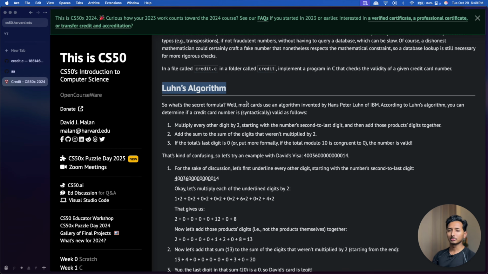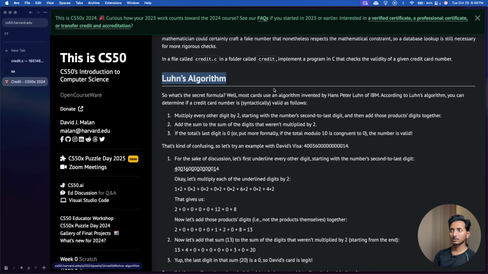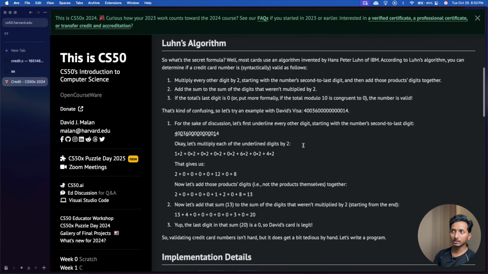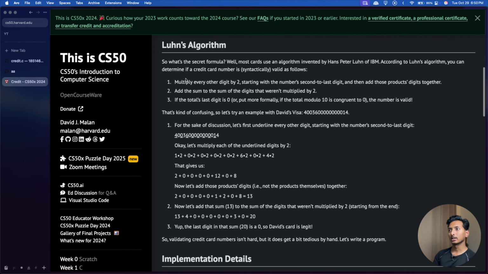The next logic that we want to check is Luhn's algorithm. I don't know how to pronounce it properly, but you get the idea. What this algorithm says is, for a credit card number to be valid, it has to satisfy certain criteria, and that criteria is we have to start from the last. We take the last second value and then the alternate values from the last, and what we want to do is multiply each of those values. So 1 0 0 0 0 6 0 4,